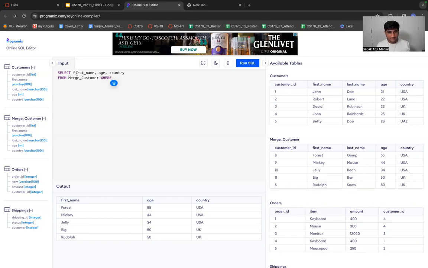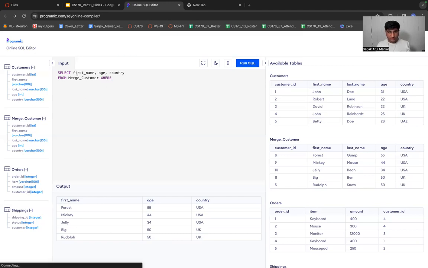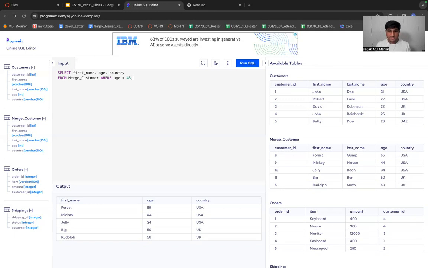So select first name, age, country from merge customer, then I say where age is less than 45. That's it. Here I'm just using a conditional operator. This less than sign is the operator, and WHERE is, of course, a keyword. Whenever there's some kind of condition, you use the WHERE keyword. So where age is less than 45.